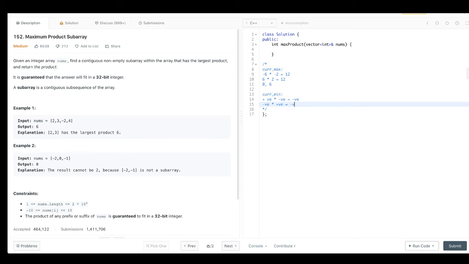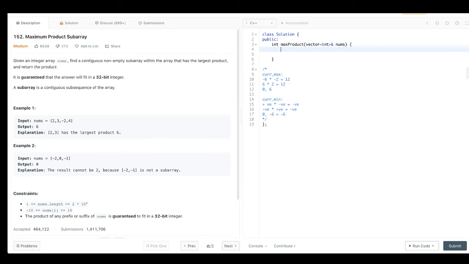Otherwise, there's always that case scenario when the current min till now is 0 and the current element is itself a greater negative number, say minus 6, so the current min will remain minus 6. So in the case of current min also, we have three scenarios: multiplying positive product with a negative number, multiplying negative product with a positive number, or not multiplying at all and taking the current element itself if it is lesser than the current min that we had. So let us try to write this into code.